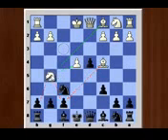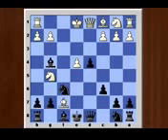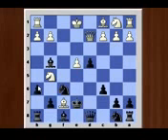knight g5, bishop g4, bishop captures f7 check, king moves to e7, queen d2, h6, queen b4 check, queen d6, queen captures b7 check, knight d7,